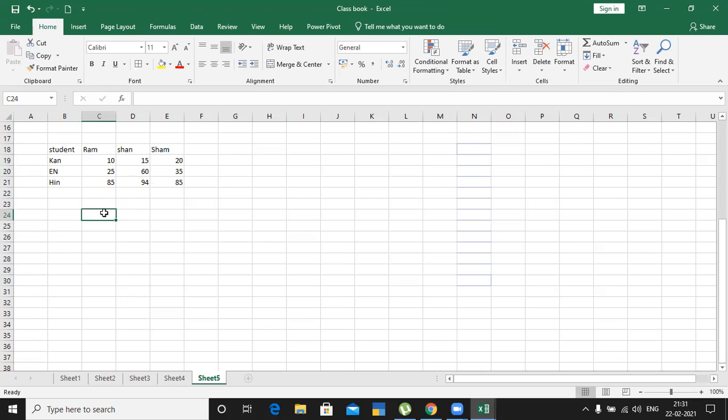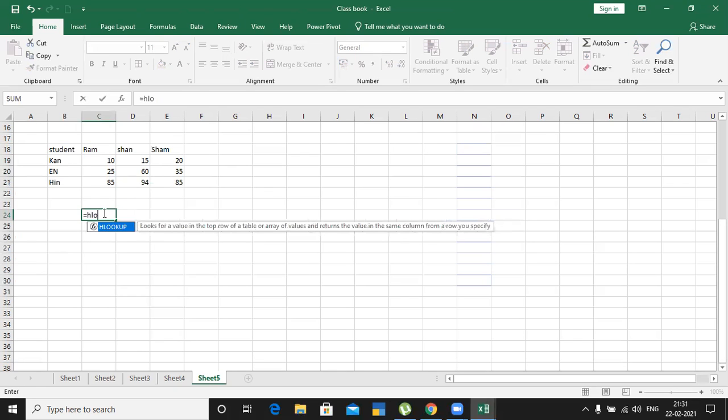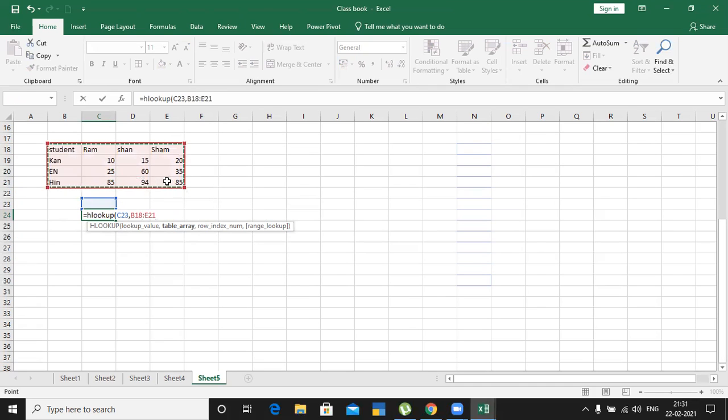So can we take value like equal h lookup, open bracket. So lookup value, I'll take this one. Then this is our table array.